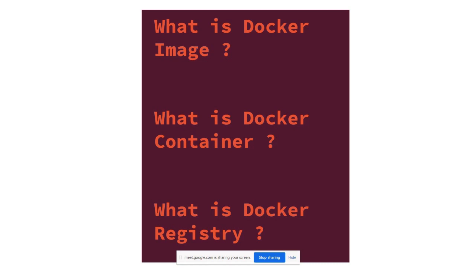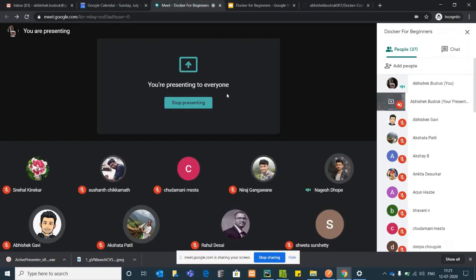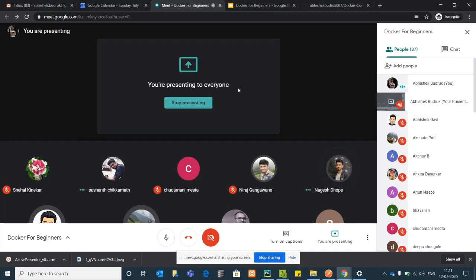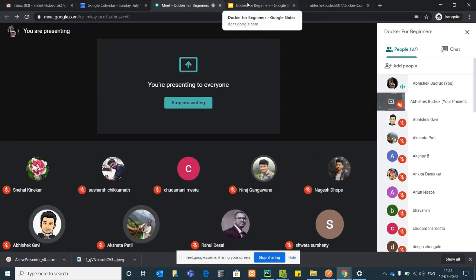So let's see what this Docker image is. I told you about the Docker image. It's like instructions. It is a file with the instructions. I took an example of the Windows operating system. When you format your own system, you'll get to know what an ISO file is. Anyone who has come across this ISO file earlier? Yes, I have. Guys, please respond. Okay, cool.